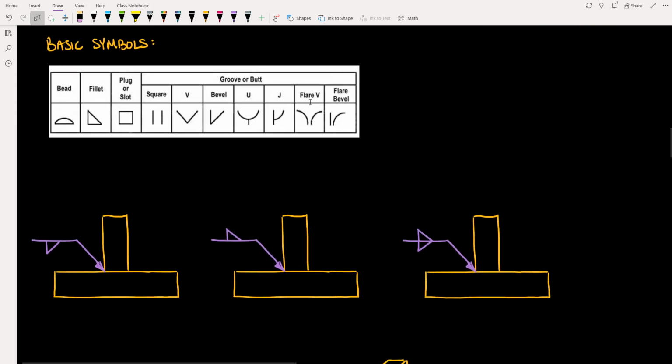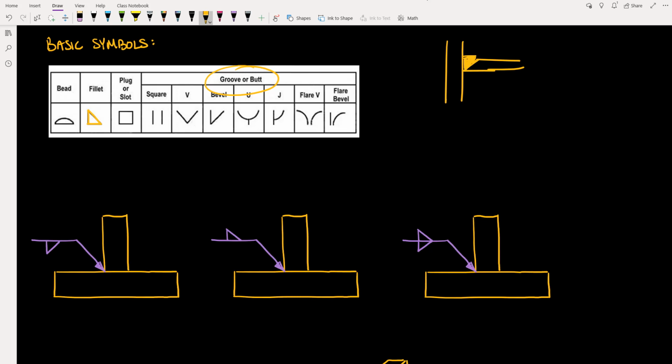Now, let's look at some basic symbols for types of welds. Of course, the most popular is the fillet weld. And a fillet weld looks exactly like the symbol, and that's more or less true for the rest of these symbols as well. Fillet welds are typically used for joining two perpendicular surfaces, as you can see below. They're useful because they typically don't require you to cut or modify the actual steel element, as opposed to a groove or a butt weld where we are typically cutting out a piece of steel and filling it in